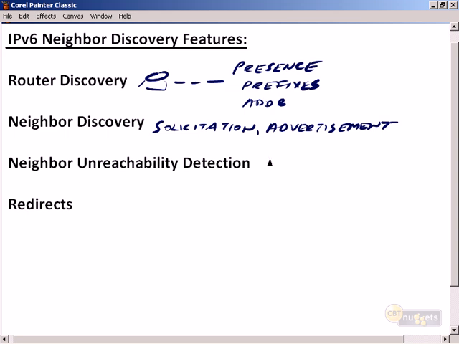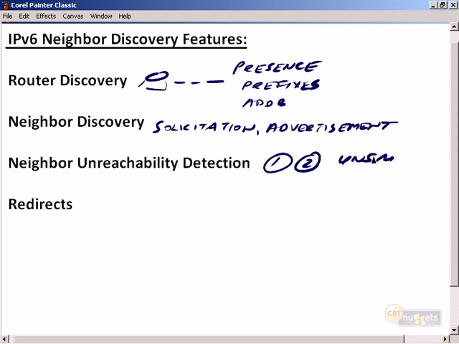How do we do this? Well, one way is that the nodes are going to listen for any new acknowledgments that are coming back, or for similar upper layer protocol confirmation that the packets that were sent to a neighbor are actually getting there. That's the second method. If there's no confirmation, then the node will send a unicast neighbor solicitation message to confirm